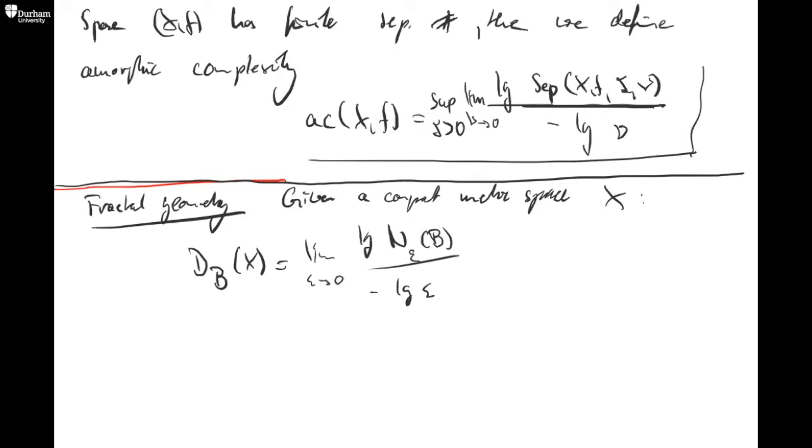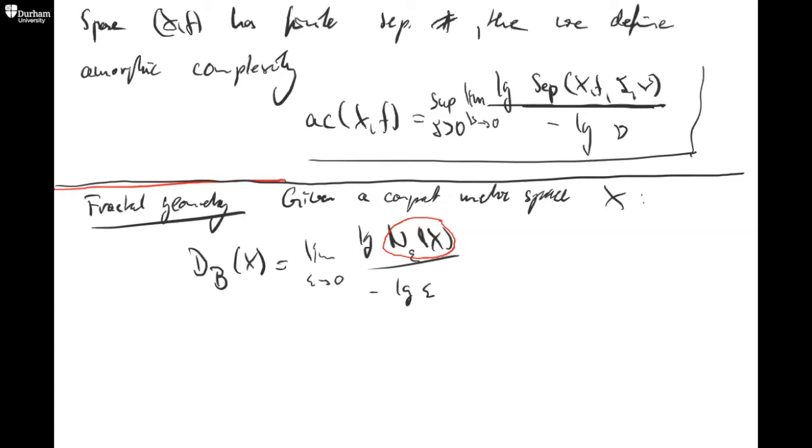So what is this? Well, the most important thing here is N epsilon of X. N epsilon of X is the minimal number of sets of diameter less than epsilon that it takes to cover the set X. Okay, now if we take again the logarithms and divide this stuff and send epsilon to 0,